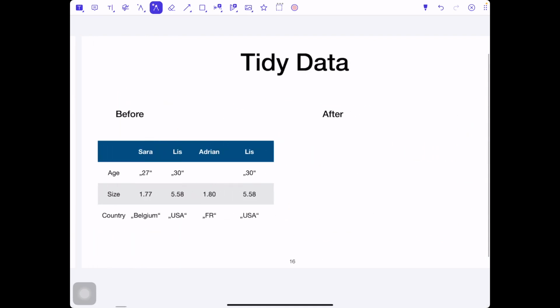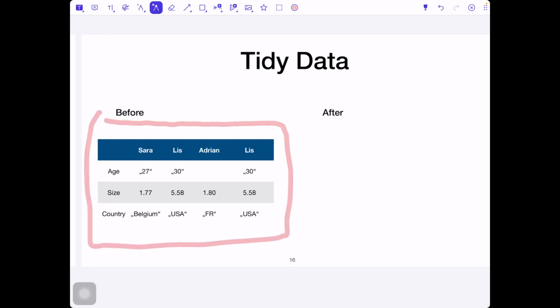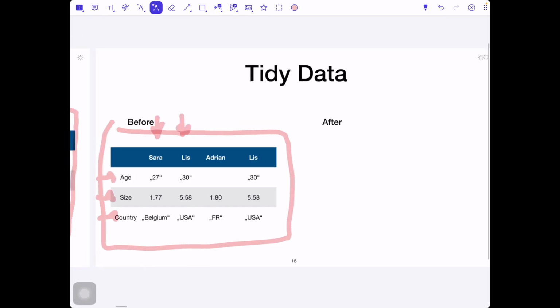Our first step, we need to tidy our data. Normally, when you work with tabular data, as rows you have your samples, the examples of your data, and as columns you have the properties of every example.